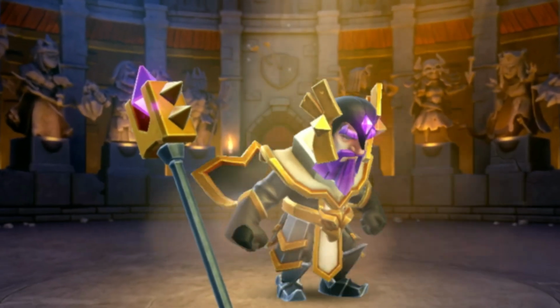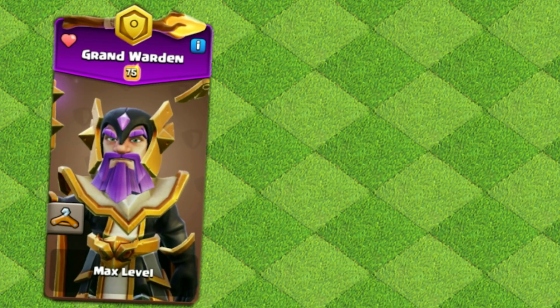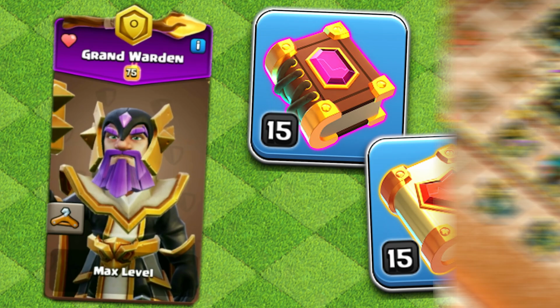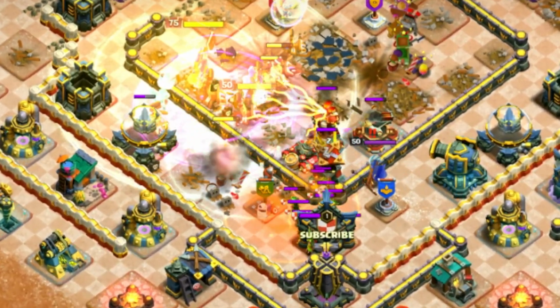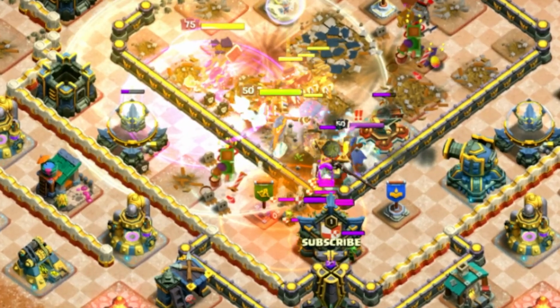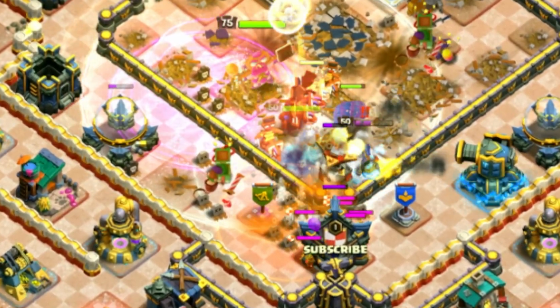The Grand Warden is pretty simple, as all you want to use is the Eternal Tome and Healing Tome thanks to the invincibility and the healing from both tomes. This is going to be great because the Ram Riders have 3,000 HP, so they can fully take advantage of